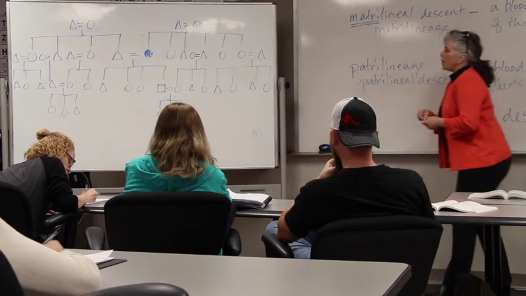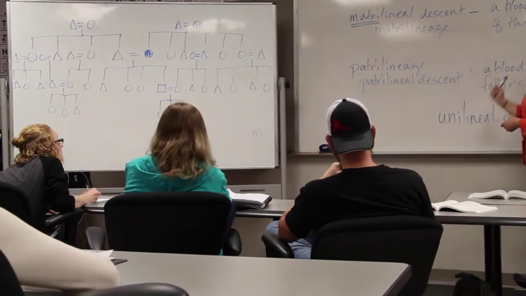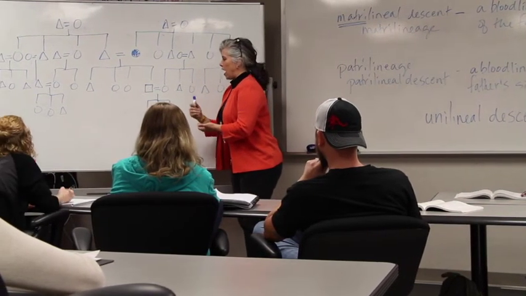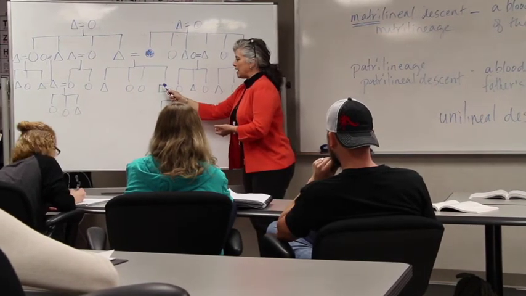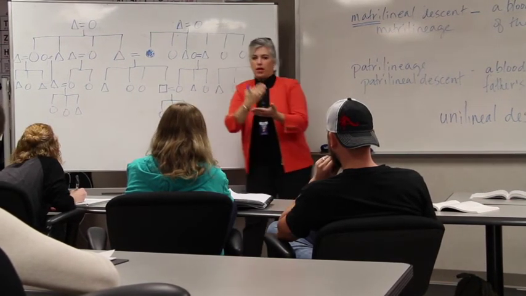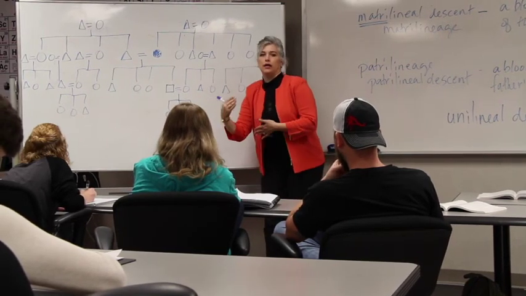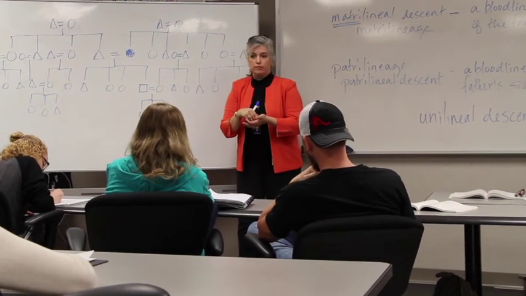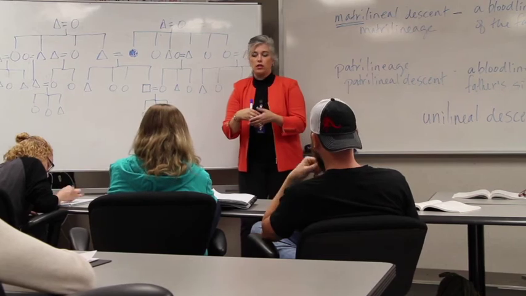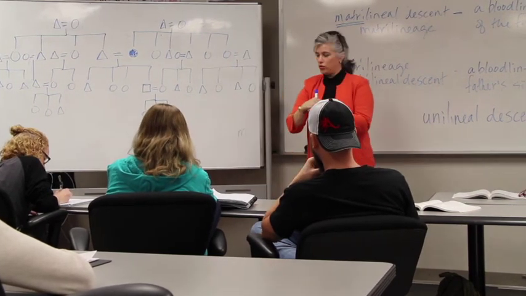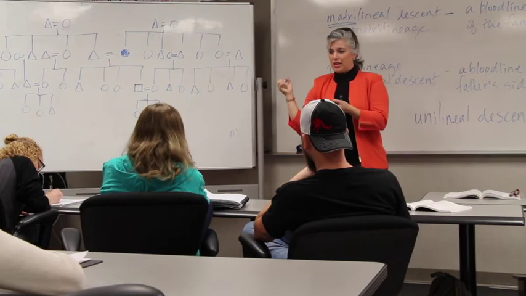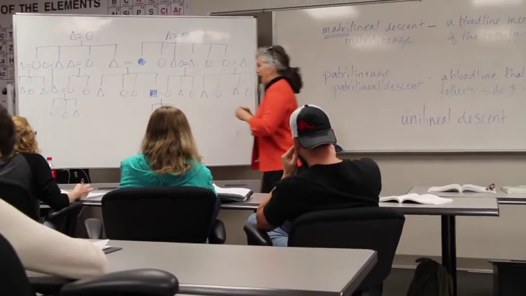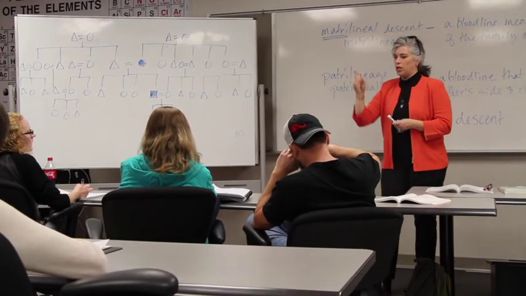So from looking at the definition of matrilineage, a bloodline through your mother's bloodline, I want you to talk about ego's mother's something. Ego's mother's first son. Ego's mother's first daughter. Ego's mother's father. Ego's mother's first cousin. I want you to use those kinds of words to describe who on this picture needs to be colored in, like ego and his mom, because this is a matrilineage. But really quick, you have a question.